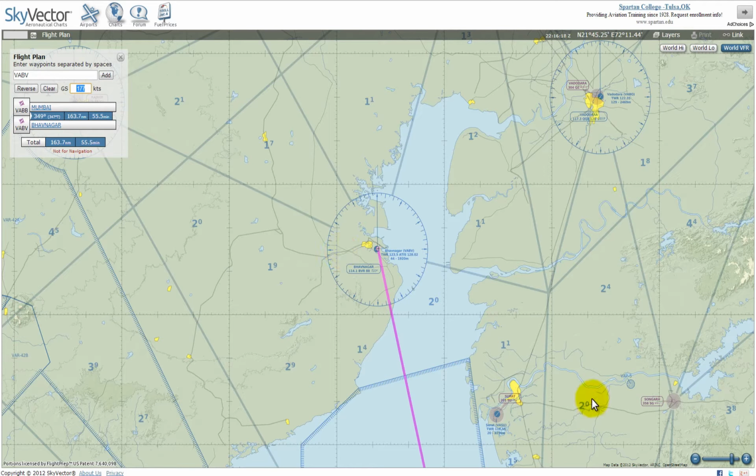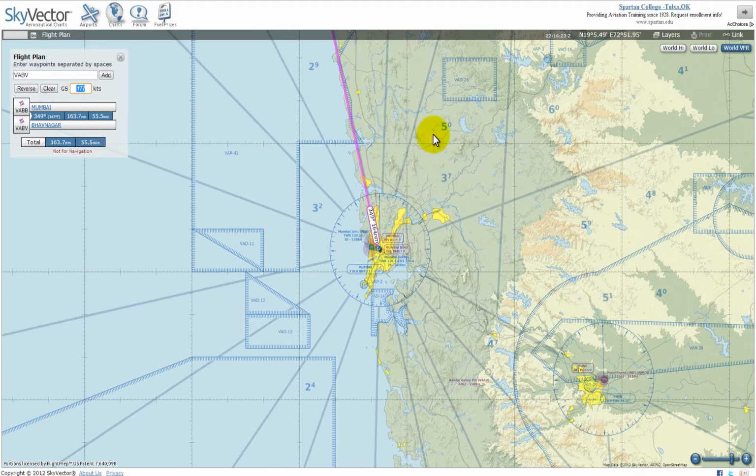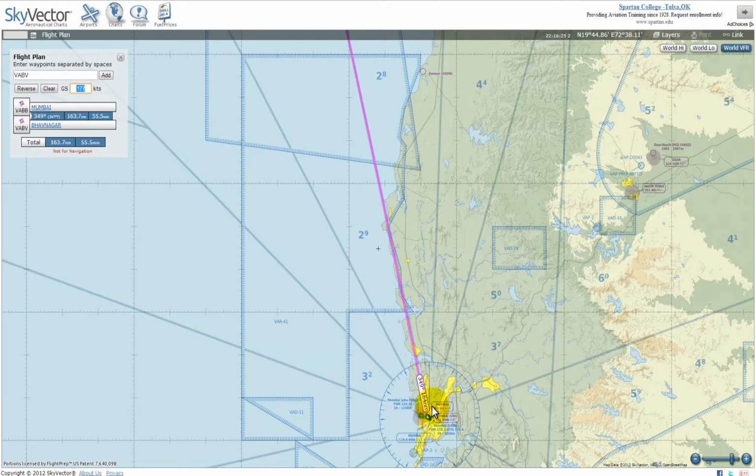So anyway, let me go ahead and get the map centered back on Mumbai Airport. Okay, here we are. So from Mumbai, we fly to Bhavnagar, which is following this magenta colored line, and all is well except until we get to about this point right here. If you notice, there is a big chunk of airspace over the water right here. I'm encircling it here again with my mouse, which is enclosed in this sort of zipper pattern lines. It is denoted